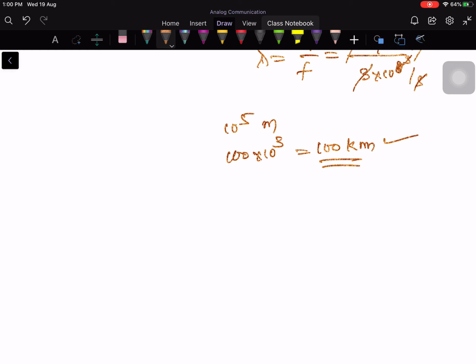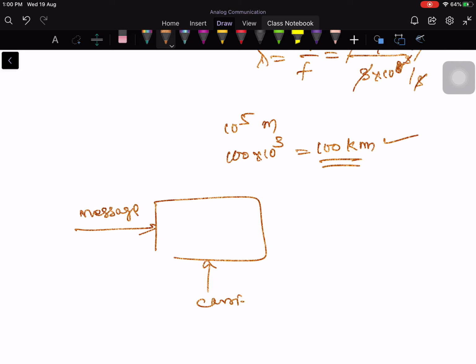So all these things are happening in the transmitter. Therefore, typically the transmitter requires another input in addition to the signal. The input is your message signal from the information source, and one more input you need is the carrier. These two are mingled, and what you get is called a modulated signal, so that the frequency is very high. If the frequency is high, then the antenna size drastically comes down.